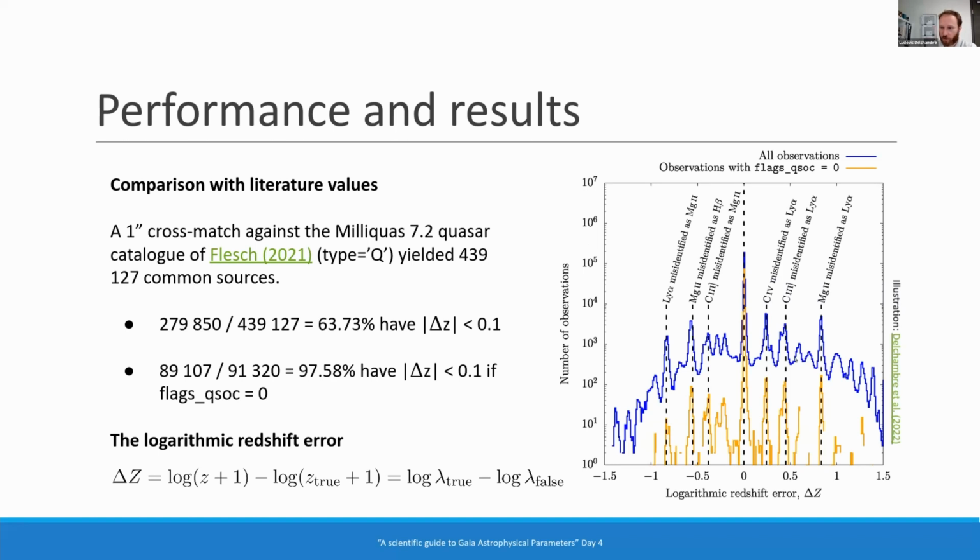And we are plotting on the right the logarithmic redshift error. Actually, why are we doing it? So remember that the logarithmic redshift, this is this formula actually. And we are comparing the one derived from QSOC to the one derived by MiniQuest. We are doing this simply because if we expand the redshift in terms of wavelengths, observed and expected wavelengths, we have a simple relation between